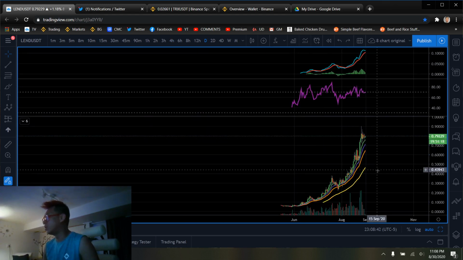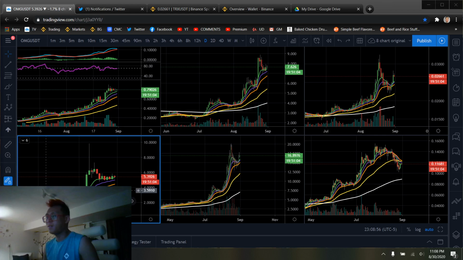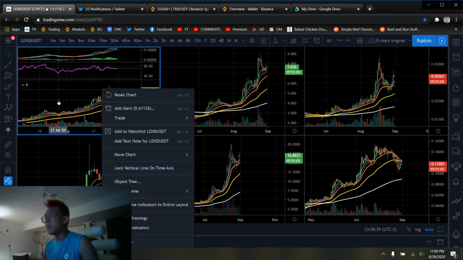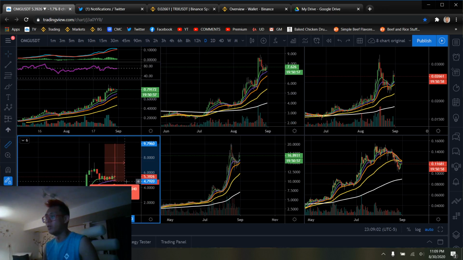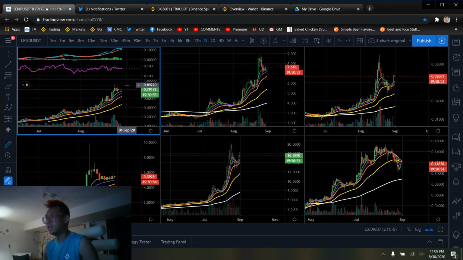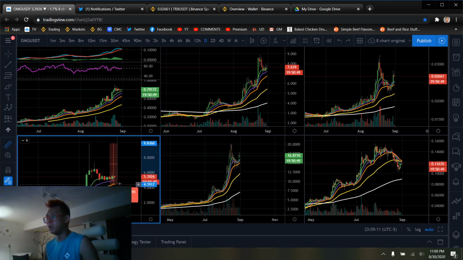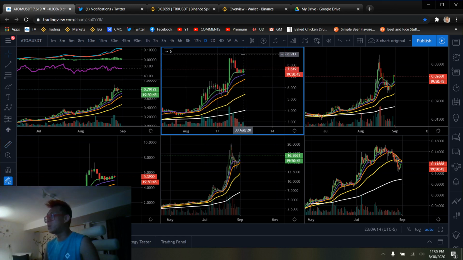Let's say I go to daily. You go to the daily and you see that there's literally no correction to the downside yet for the top left, which is Lend. You still see it consolidating tightly, no massive drops or anything, only 20%. You look at OmiseGO and it's dropped like 50%. You look at Atom right here and it's beginning its phases. You look at